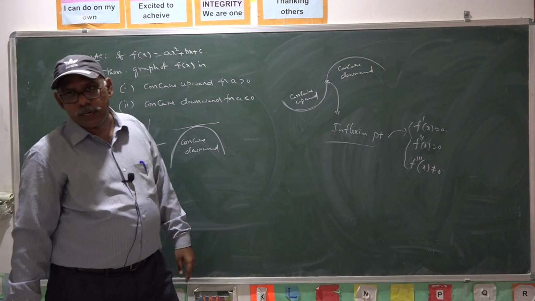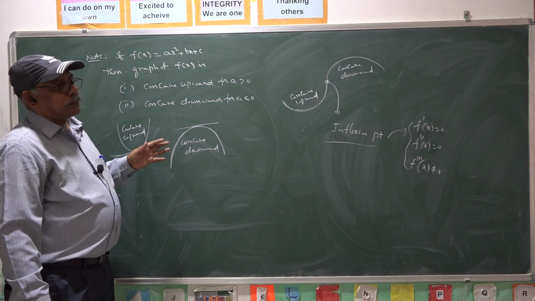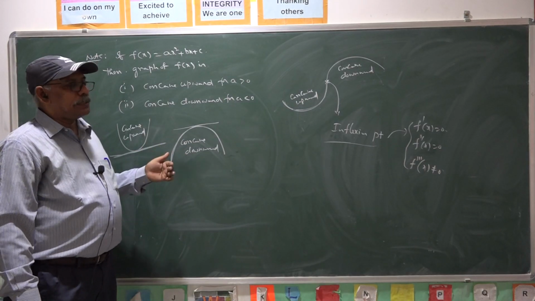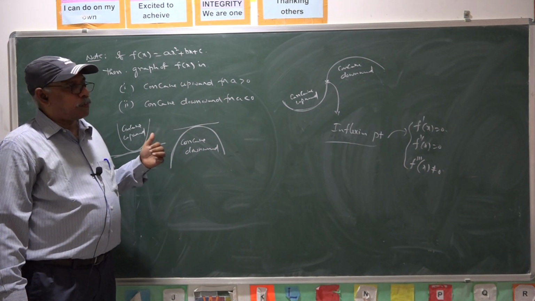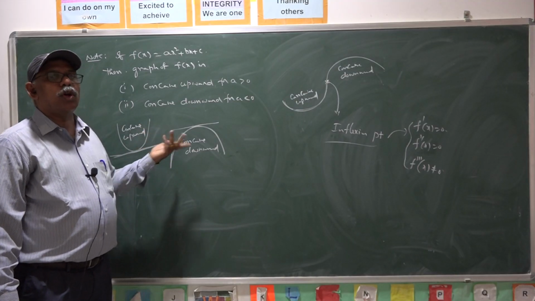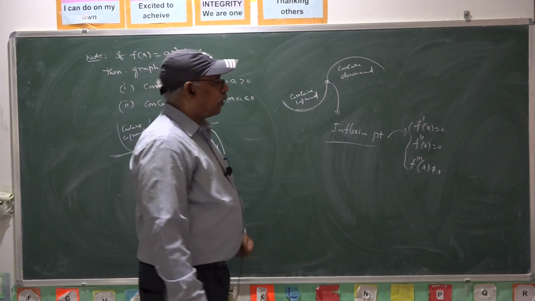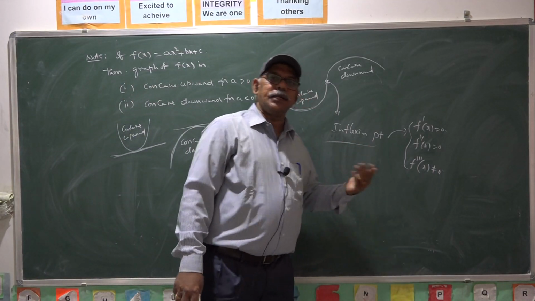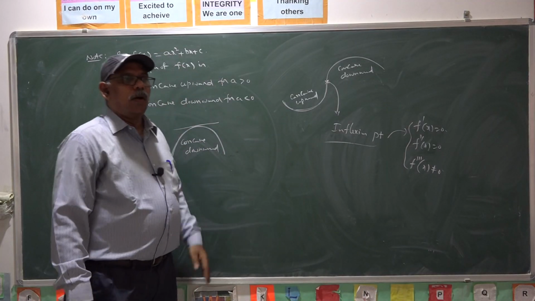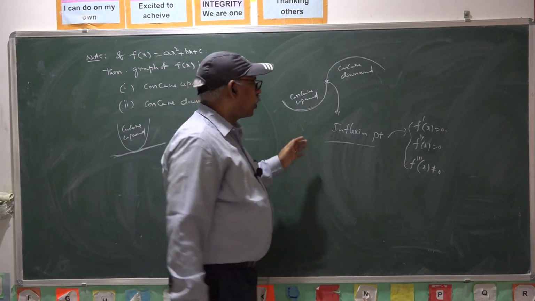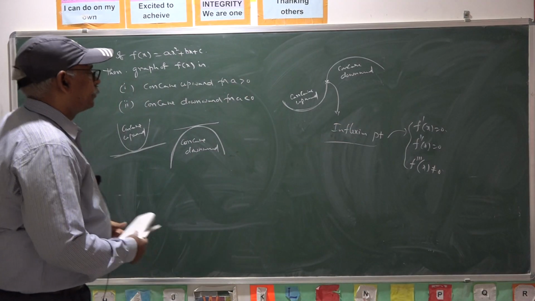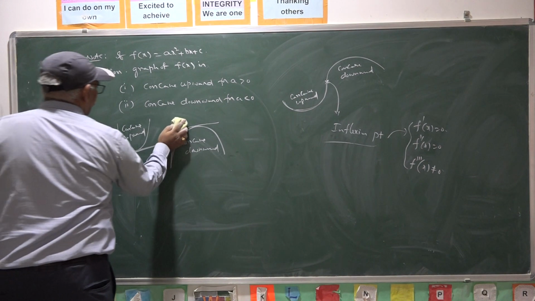Moreover, one way of defining the inflection point is the point where the tangent crosses its own curve. The inflection point is nothing but the point on the curve where the tangent crosses its own curve. Or you can say it is the point that is neither maximum nor minimum, or the point where it changes from concave upward to concave downward or vice versa. That is called the inflection point. So, these are all the very important points.